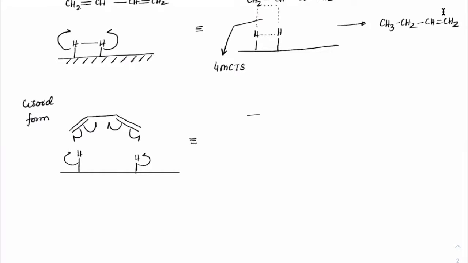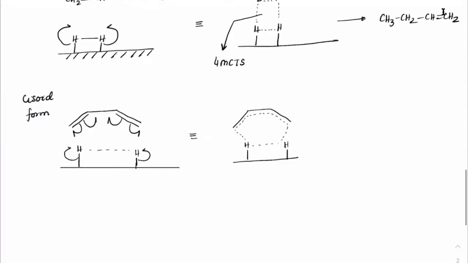So the transition state which you will get would be more of a 6-membered ring. So here we get a 6-member cyclic transition state, and the double bond is forming in the middle. So the product you will get is a cis form. You'll get a cis product, CH2H which got added, CH2H. These are the hydrogens which got added.